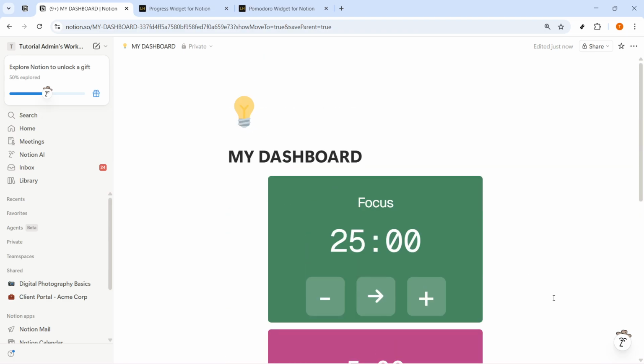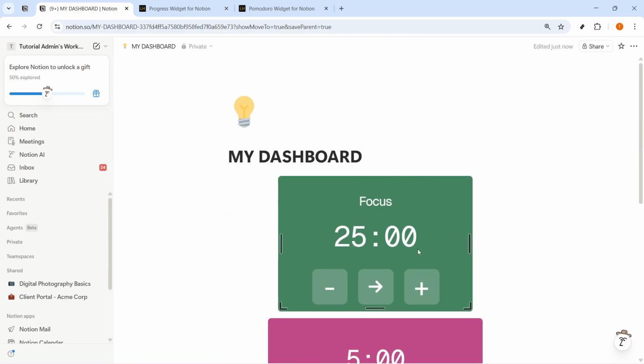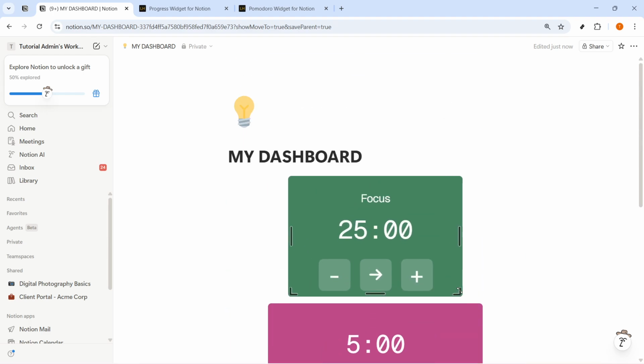You can move them around, resize them, and organize the page however you like so it feels more personalized and